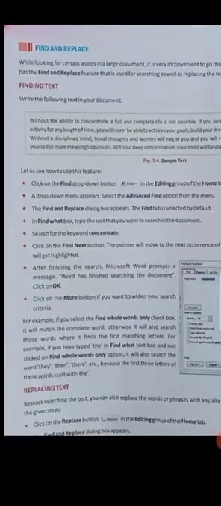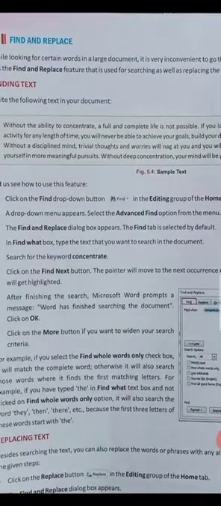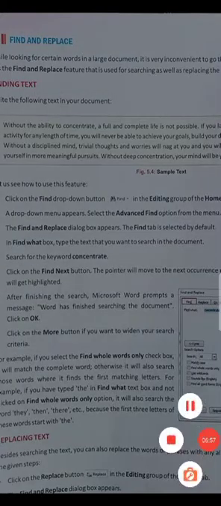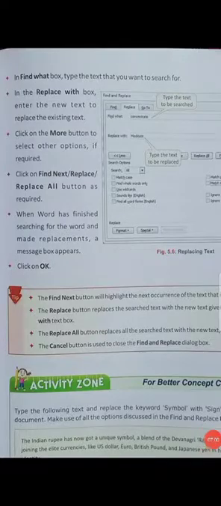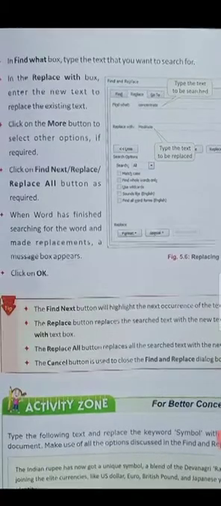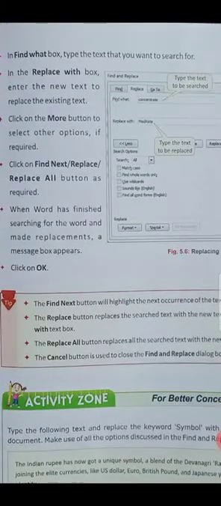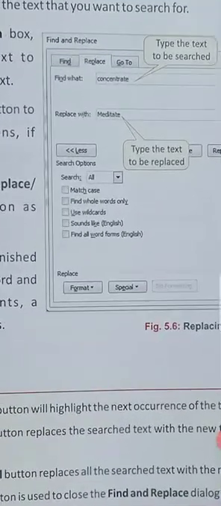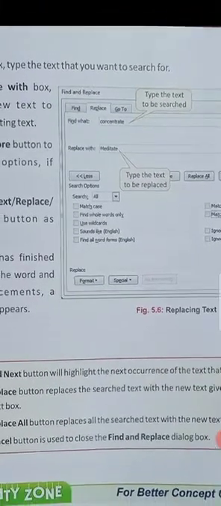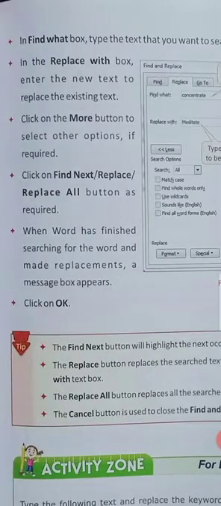After that, we need to use replacing text. Replacing text is used to replace the text from MAN to MEN, means we are going to change our data. In this dialog box, it will show how we work on the replace dialog box. Here we have Find what, we are finding MAN, and after that Replace with, we are replacing with MEN. So wherever our MAN is entered, it will be corrected by MEN. We need to click on replace word, and it will replace the word.